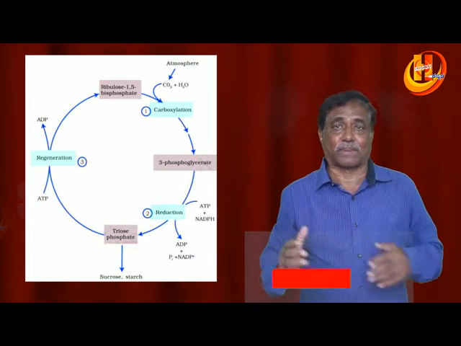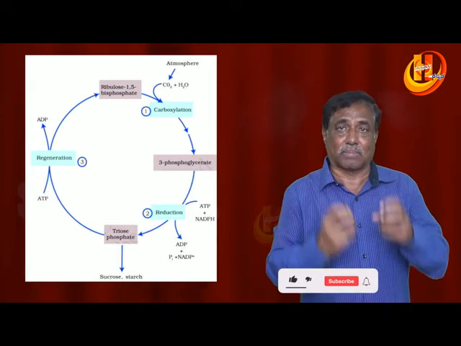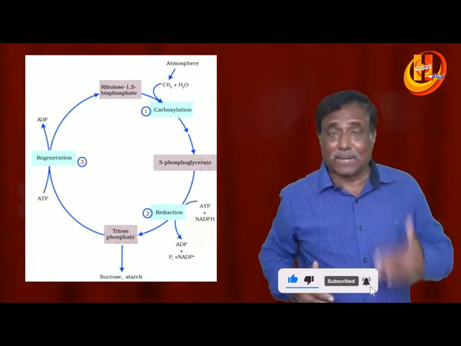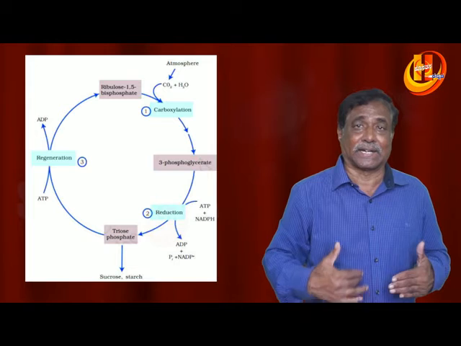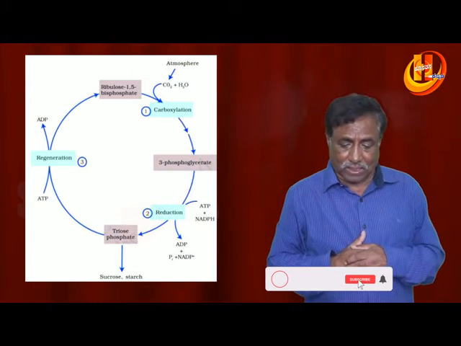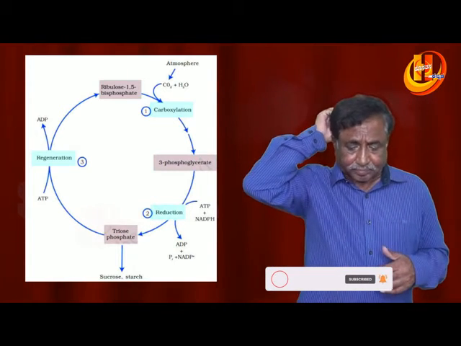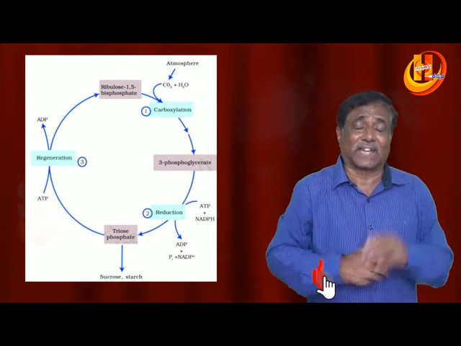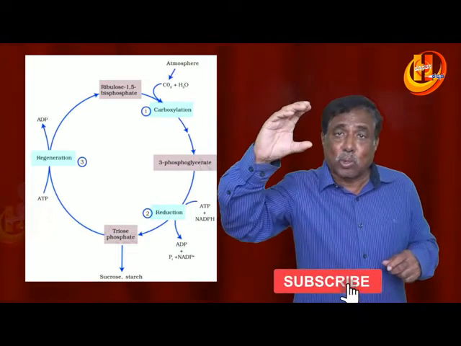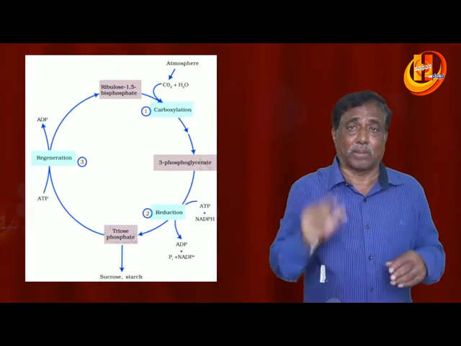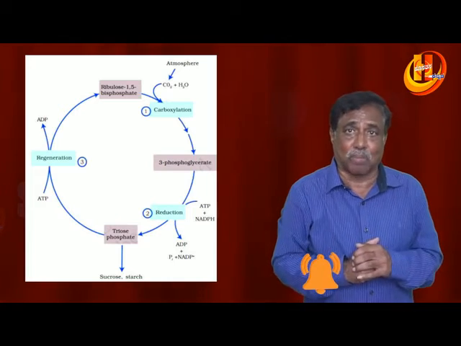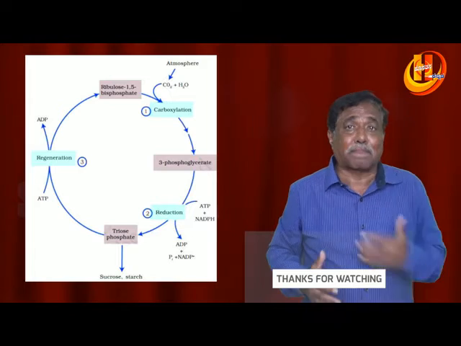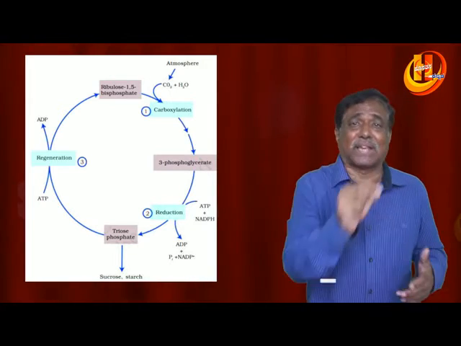RuMP, ribulose monophosphate, is present in the stroma, and the end products of the light reaction are used up during the dark reaction, that is the biosynthetic phase. This dark reaction is also called the biosynthetic phase. So about 6 molecules of RuMP, a 5-carbon compound present in the stroma, by using 6 ATP molecules, the products of the light reaction, give rise to 6 molecules of